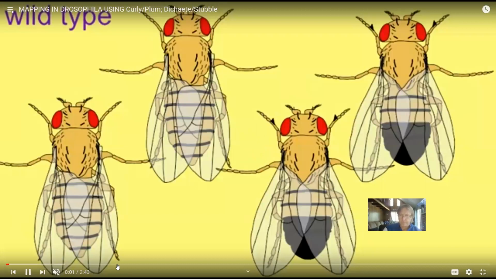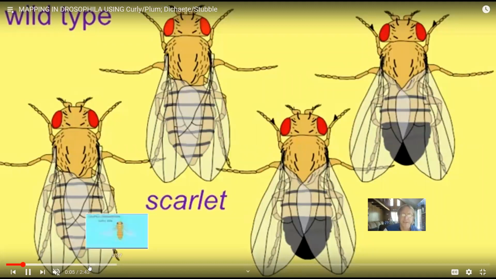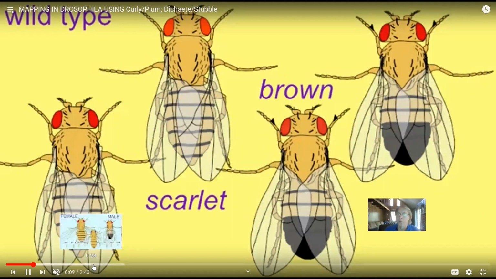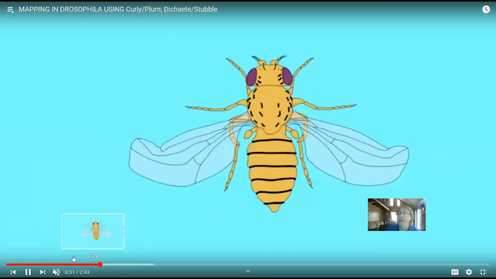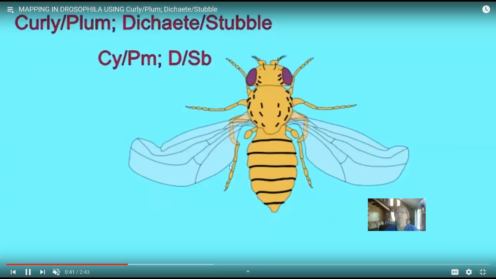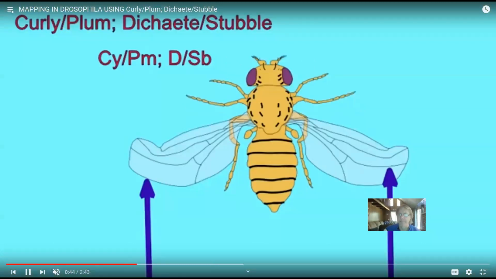So one of the useful mutant stocks that one can get is a stock which has 4 dominant mutations. So the wings are curly, they have a little curl, they're spread out, they're dichaete. The flies have plum eyes, and they have stubble bristles. So we call it curly plum dichaete stubble, and those are the abbreviations, all right? And if you get these flies,